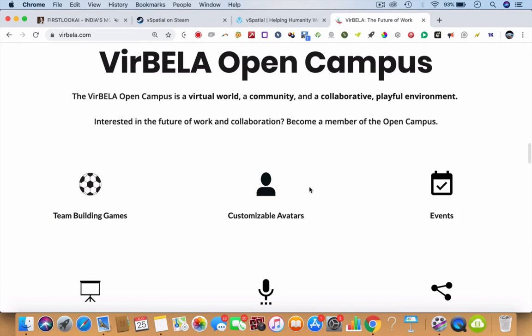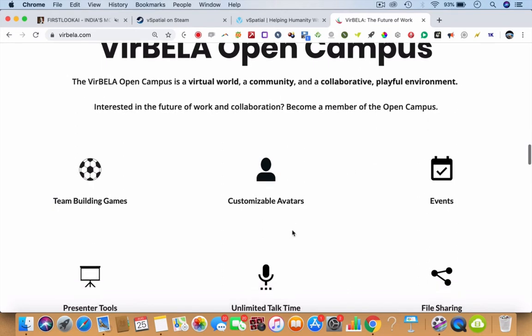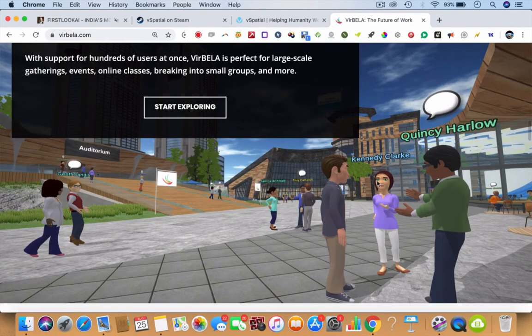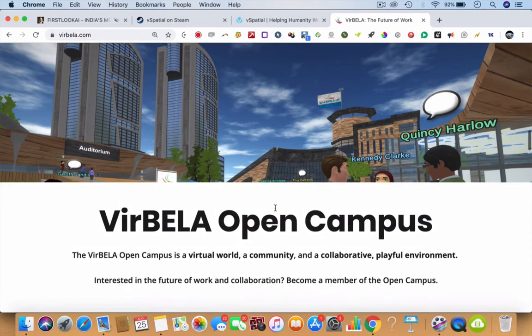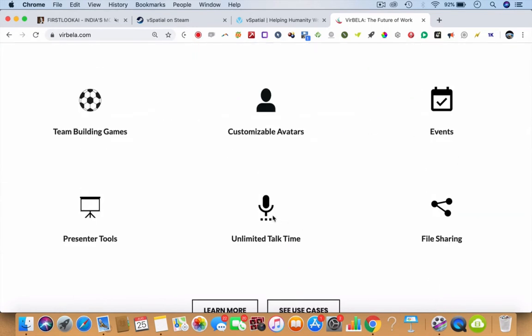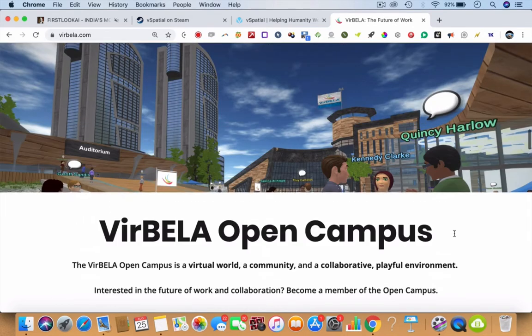They have customizable avatars. First you log into the software. You actually go ahead and change your clothes, change your hairstyle, whatever it is, and you walk into the campus. The campus is amazing. You will never find a campus like Verbala, which is open and 3D. You feel like you're in a game, and then you talk to people, you present, and you conduct events in auditoriums.